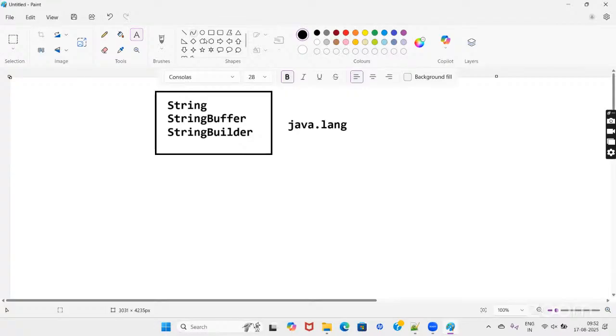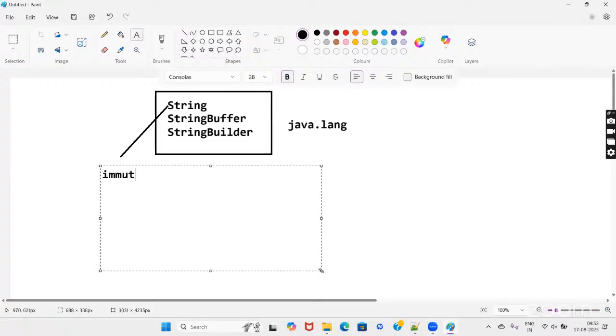So we have discussed the string class. The string class is an immutable object. So that means when the object is created, that object cannot be modified. Once the object is created, that object